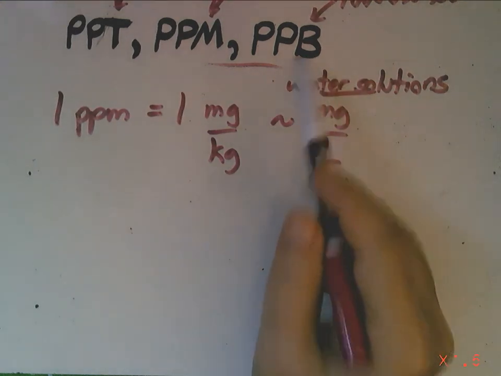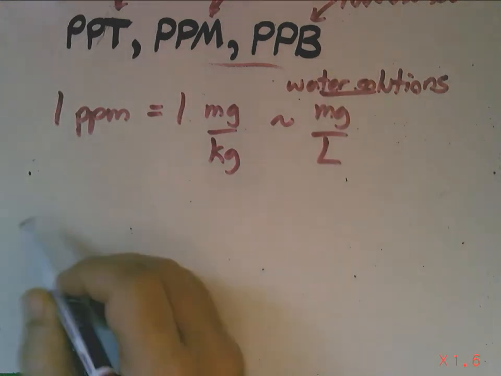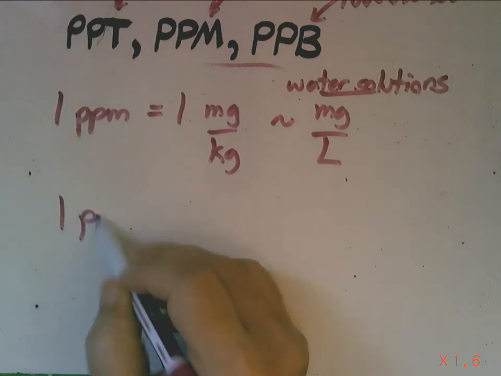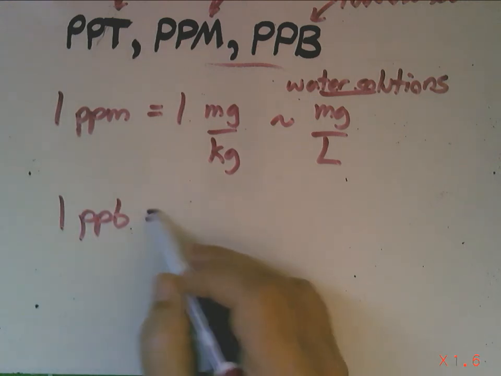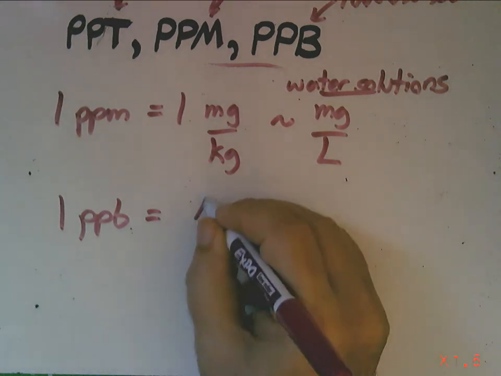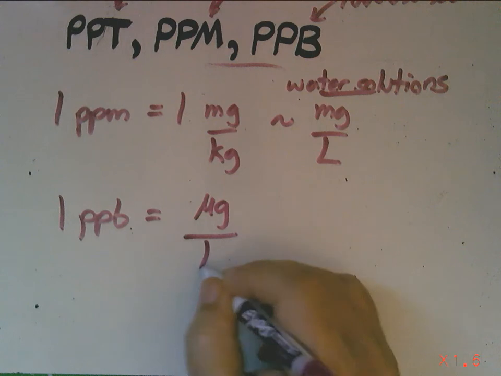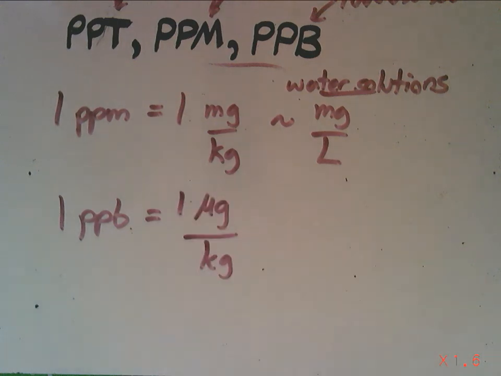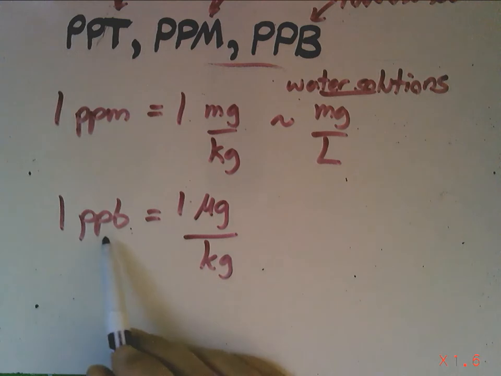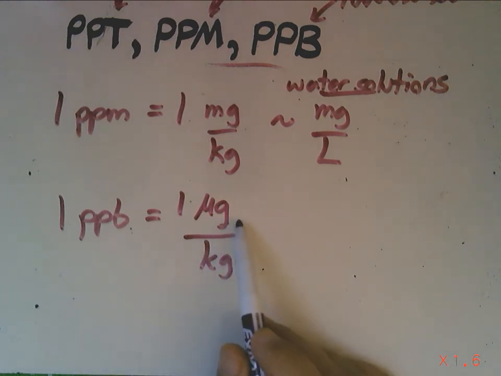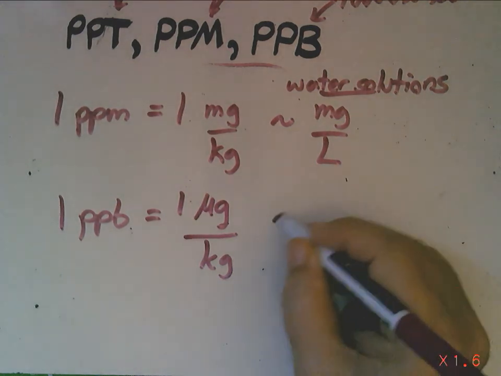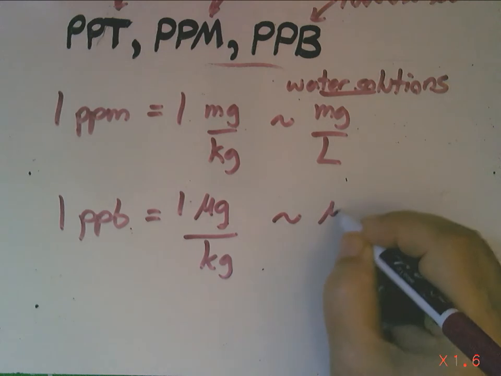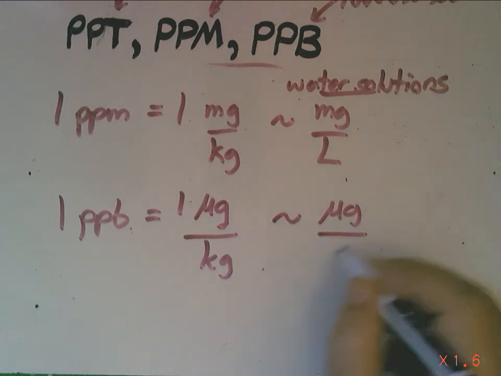What about a part per billion? Can you do something like this with a part per billion? Sure. 1 part per billion happens to be a microgram per kilogram. Same thing. So if you're talking about weight, W/W, you could write it either as parts per billion or micrograms of solute per kilogram of solution. And if you've got a water solution, you can write this as approximately equal to micrograms of solute per liter